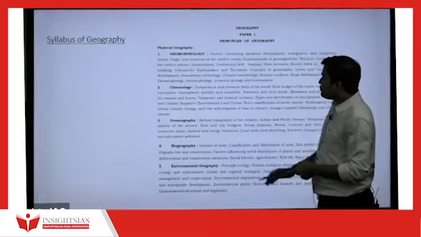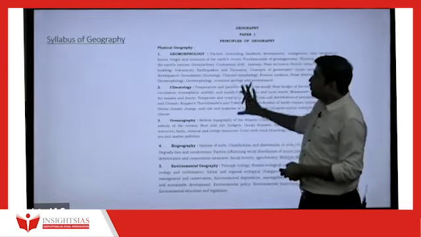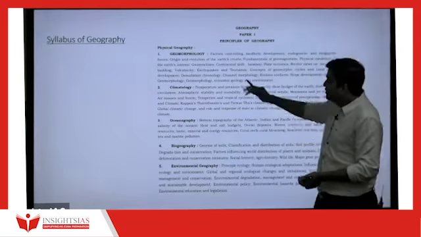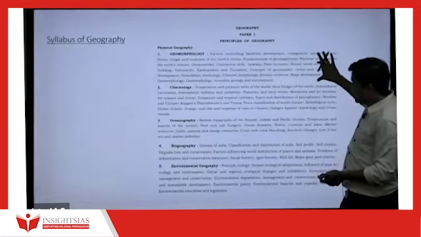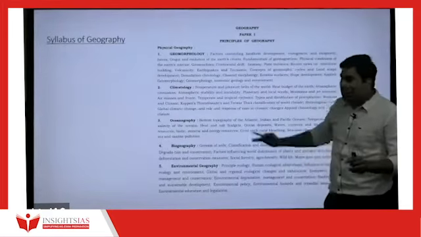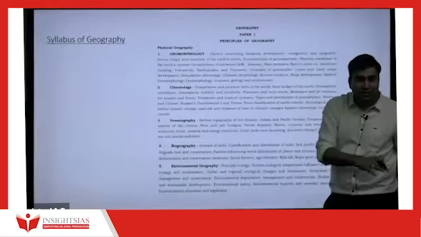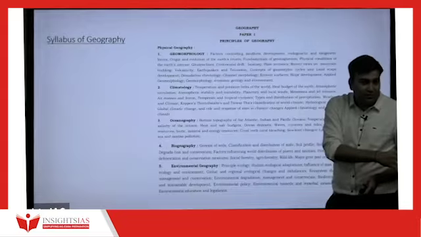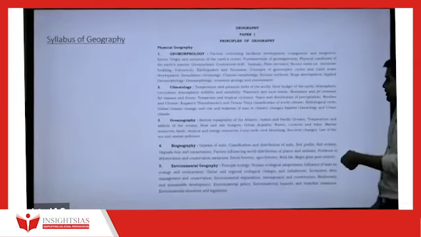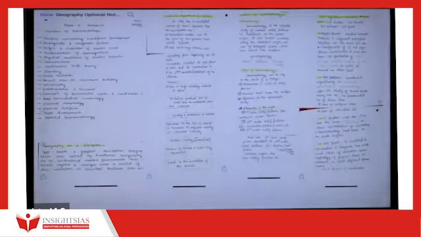These are conceptual, easy, direct. What observation we can draw after seeing this syllabus is that this topic definitely has a vast syllabus, but it can easily be managed. For that, I have brought the notes which were given in the past batch which we conducted at Insights. These are the notes that we gave. I will show you initially. So see here. This is how it is conducted.